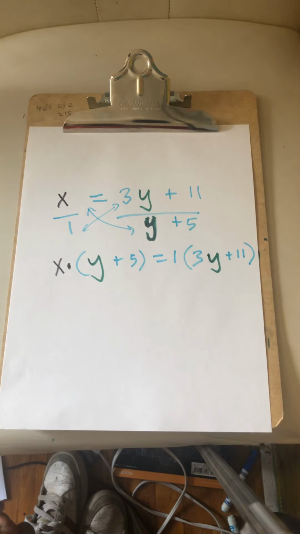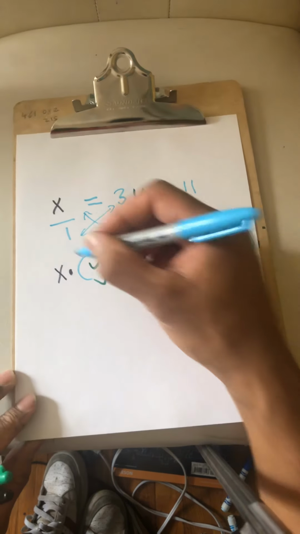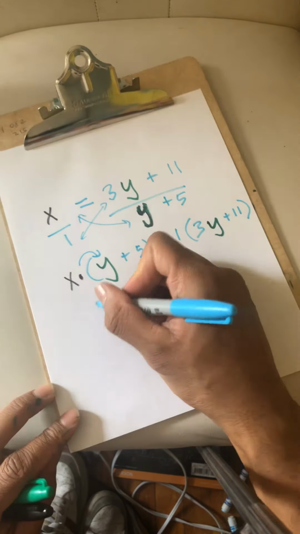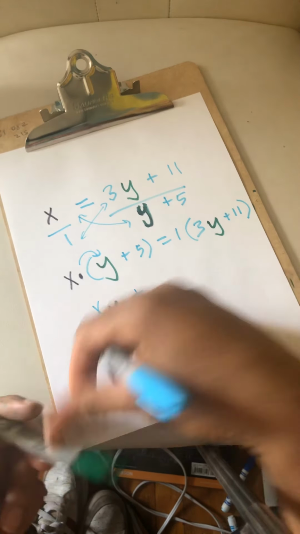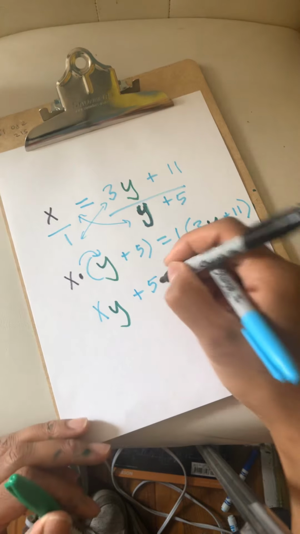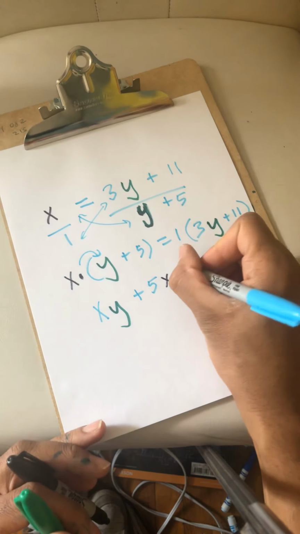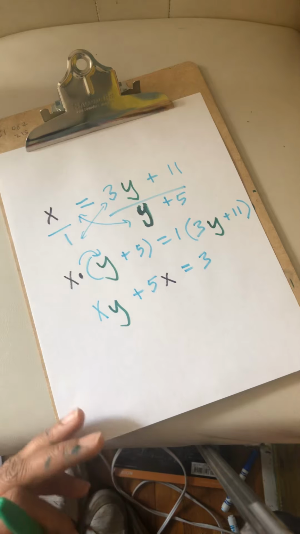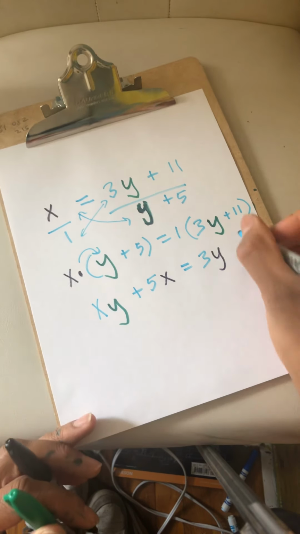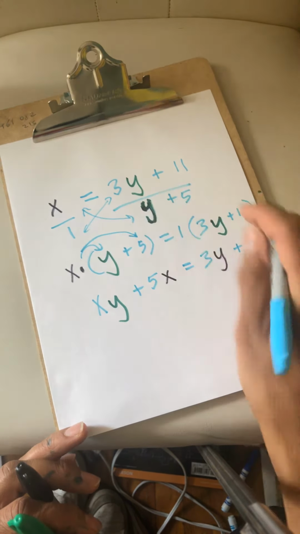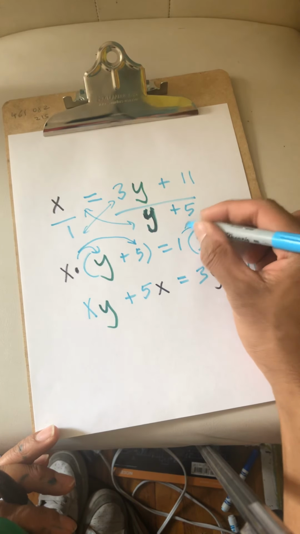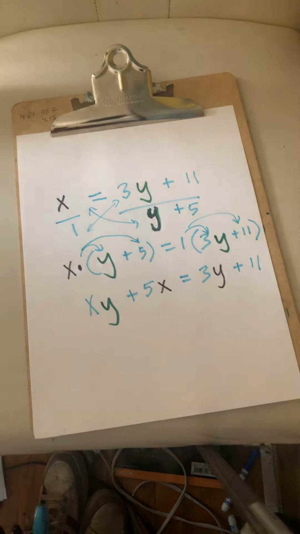So now I have x times y is going to be xy plus 5x is equal to 3y plus 11. If I'm going to solve for y, then obviously I need everything that